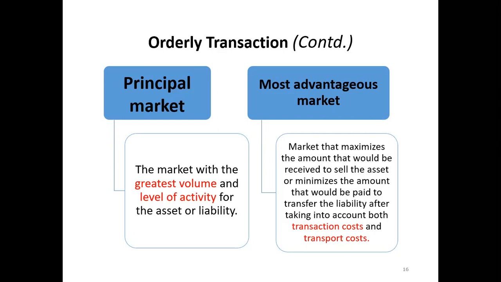So one instance is that if you don't have access to the principal market, then you may have to look for an alternative. The other thing is that, when it comes to principal market determination, how do I determine the principal market? That is by referring to the volume. Let's say in a given instance, this volume information is not available in the market. No one knows the volume of the transactions carried out in each of these markets.